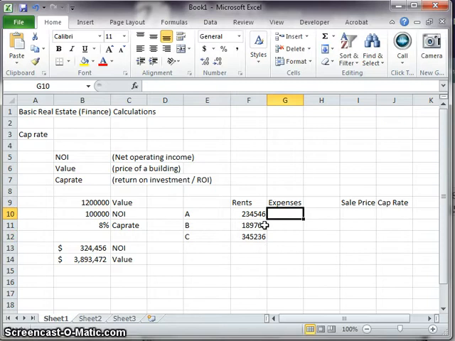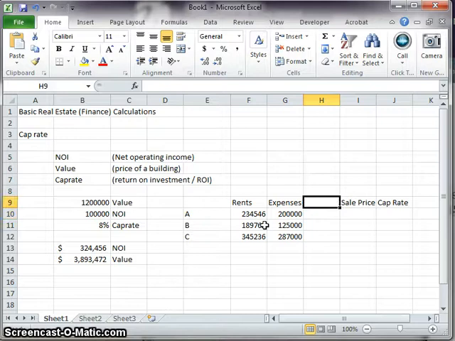And let's say our expenses on building A are going to be $200,000, and our expenses on building B are going to be $125,000. Let's say our expenses on building C are going to be $287,000. Well, now we know if I'm just given this information, and we have sale prices, various sale prices, but